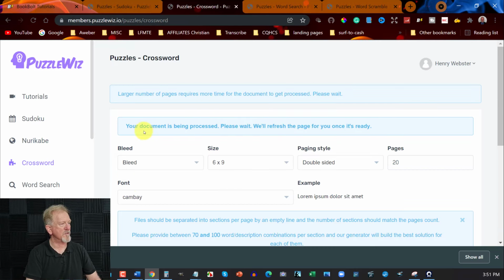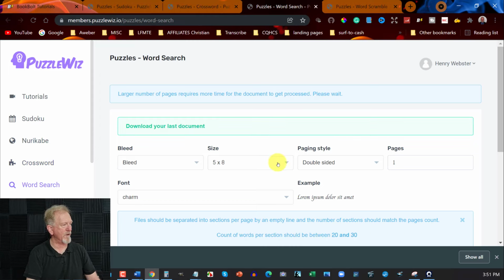There we are, and in just a moment that will come up with a green tag and allow us to be able to download it. And we do this all the way through 6 by 9. Now this one here is for the word search. We go double-sided, we're going to be doing 20 pages,